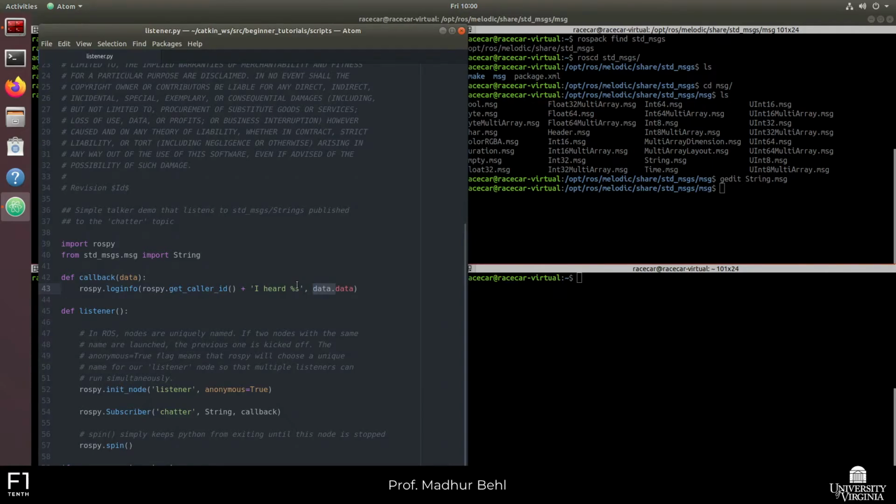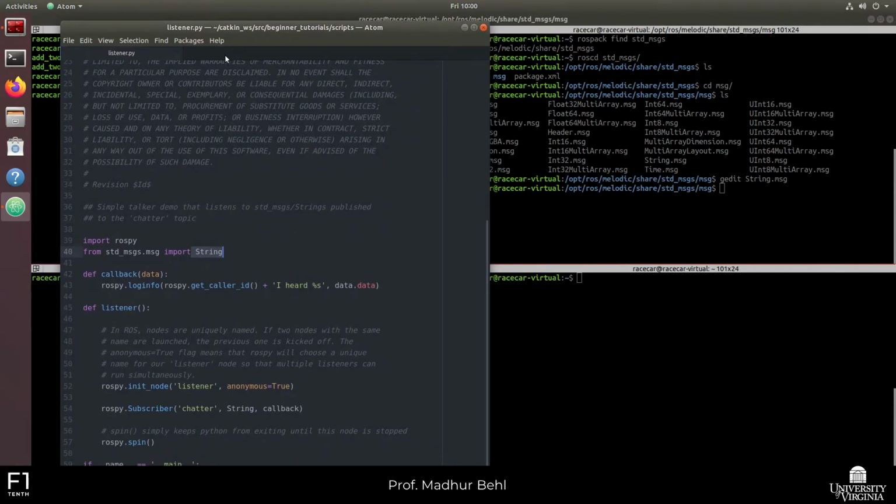So with that, I hope you now understand some basics of the ROS Python API on how to create the publishers and the subscribers, how to keep your node alive, and how the callback function uses the correct message type in order to parse some of these messages. So with that, let me quickly go back to demo mode and show you the implication of the anonymous equals true and false. So let's close all of this,